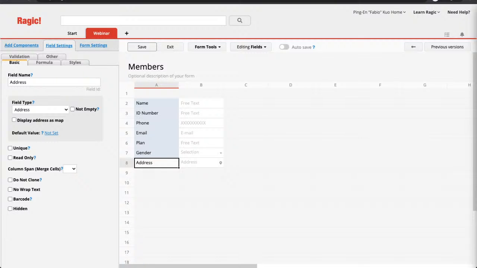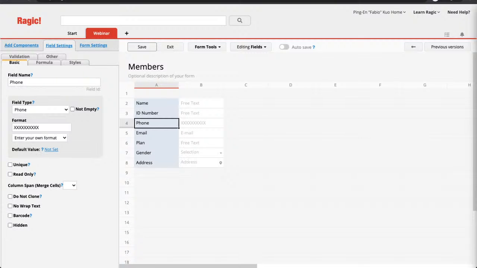For example, let's go to the phone field. Yes, it automatically guesses the phone field, but you can also change the format of this phone number. So, for example, if you're in a country that uses this format, you can always add a dash in between. So your users will then enter the format in